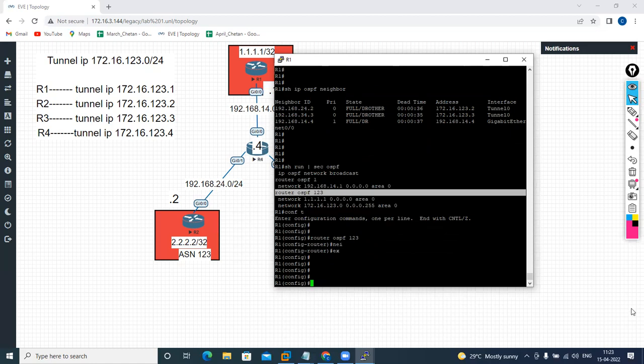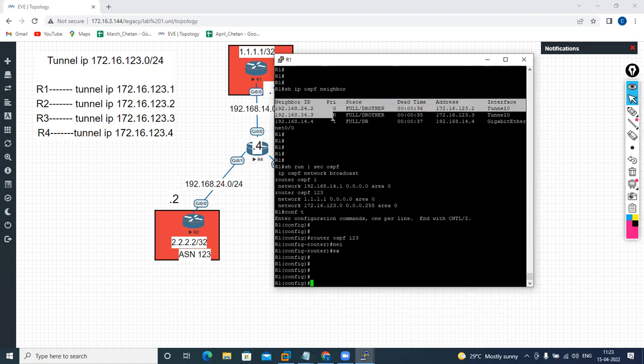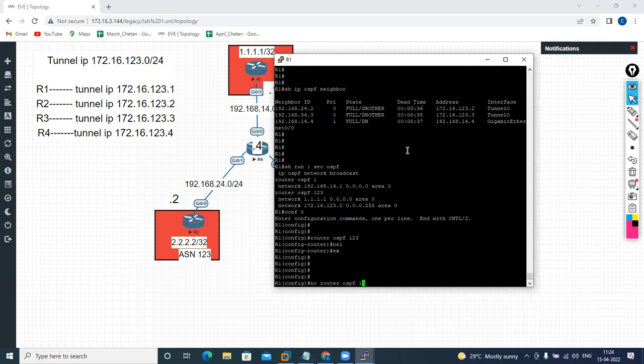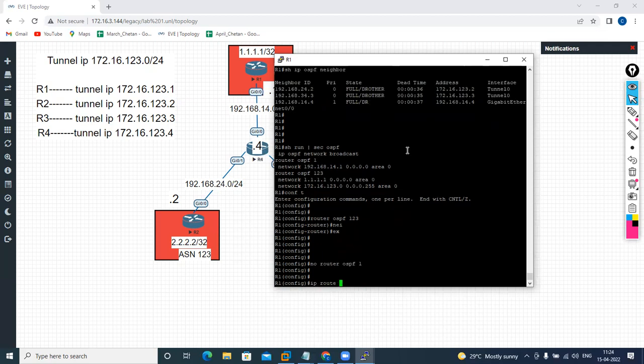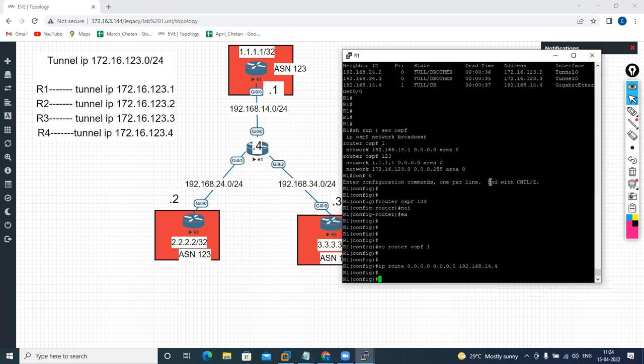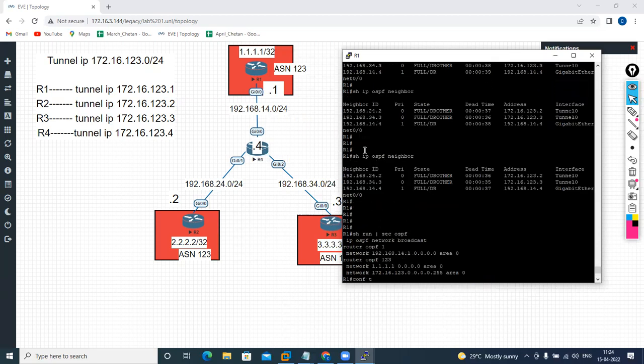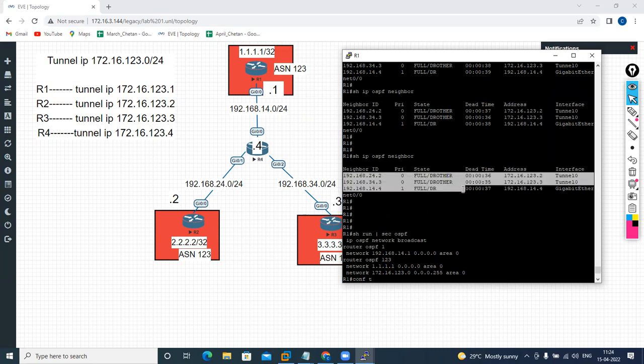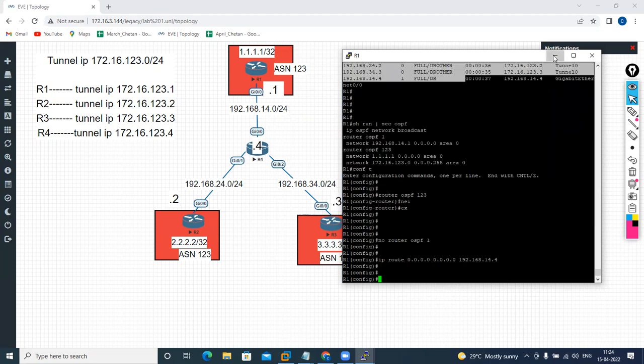Okay, so we don't have any adjacency over the tunnel. Why? Neighborship. Let me reverse, no router. I create a default route. So IP route. What is the next hop? 192.168.14.4. So it will not be confusing, because it is forming the adjacency within the underlay. This is underlay neighborship, not overlay. Confusing. So let's go to R2